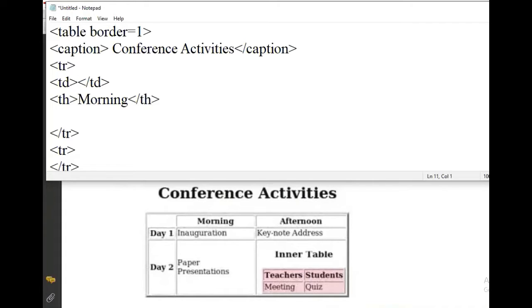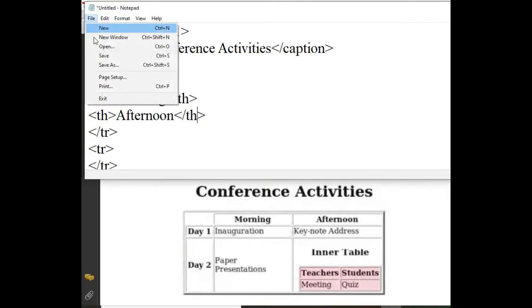Now in third column of first row, there is afternoon written in bold and centered. So again, th we are going to use here and write afternoon as data for that column. So this is first row complete. Let's save it and see the output.